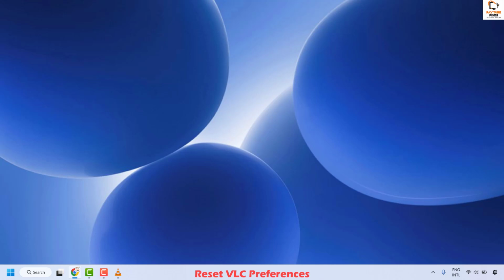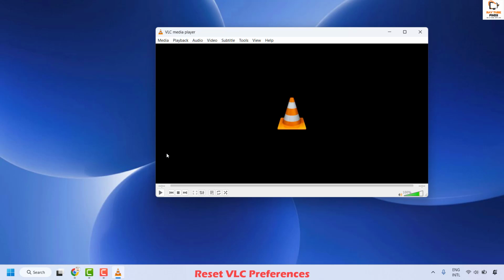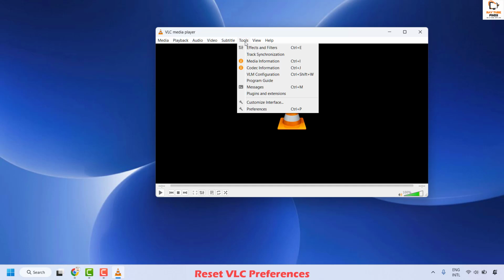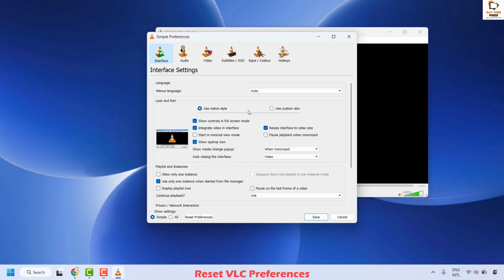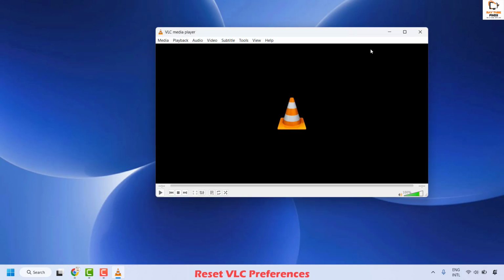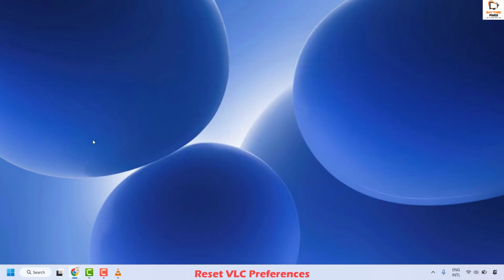Resetting VLC preferences to their default state can resolve this problem. To do this, you will have to open VLC Media Player and then click on Tools. Once you click on Tools, you will have to click on Preferences and then click on Reset Preferences. Click on OK. Close VLC Media Player and then try to relaunch VLC Media Player and then check if your